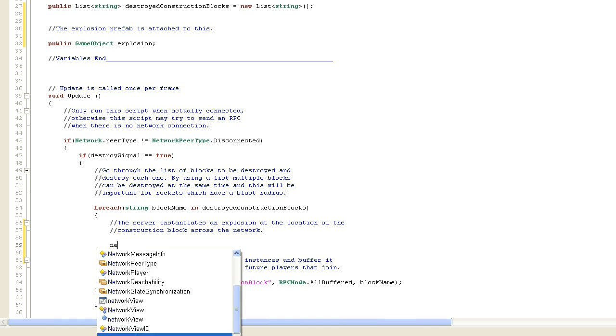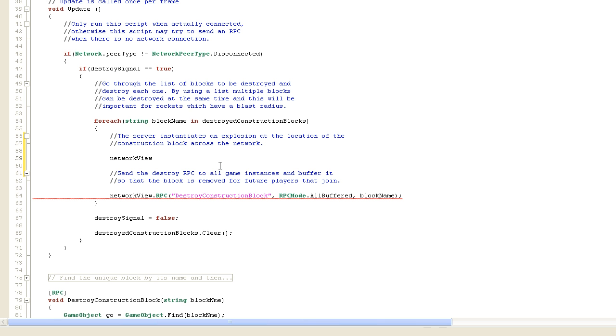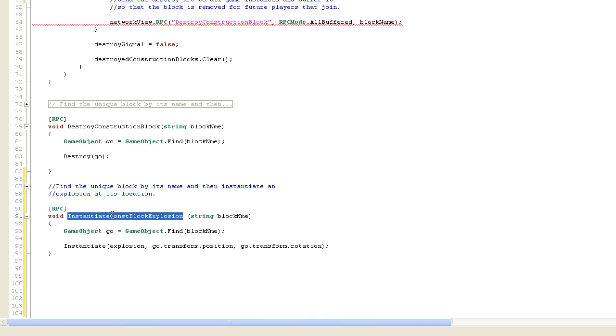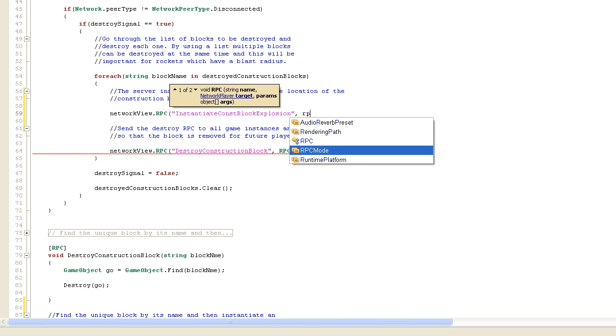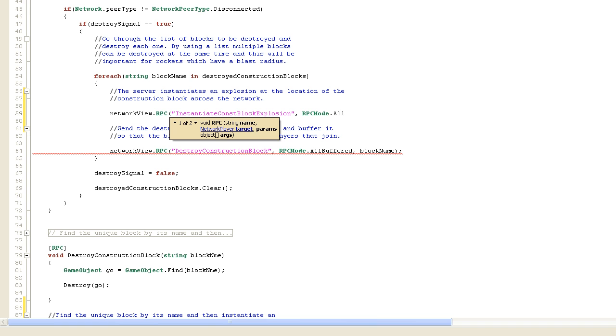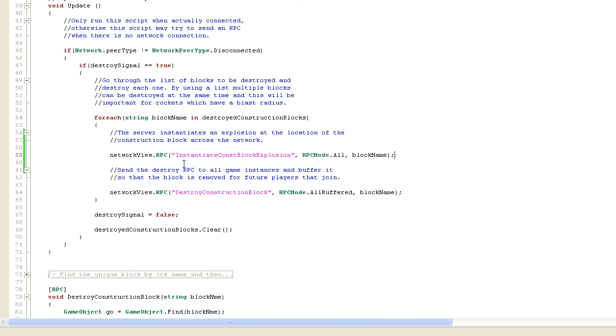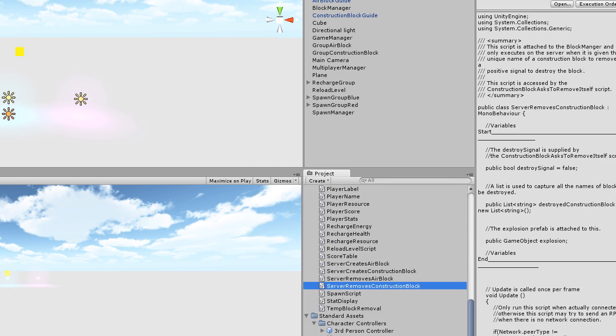And that's simply networkView.RPC, the name of the RPC of course, and I just copy pasted. Who to send it to: everyone, so RPCMode.All, and supply the term required, which is block name. Okay, and that's it. Our RPC is set up, so let's save the script and jump back to Unity, and